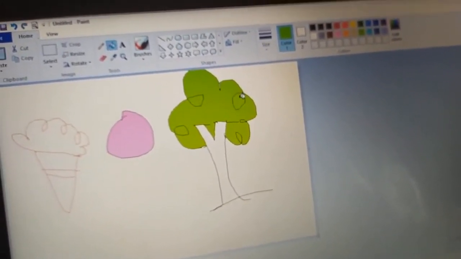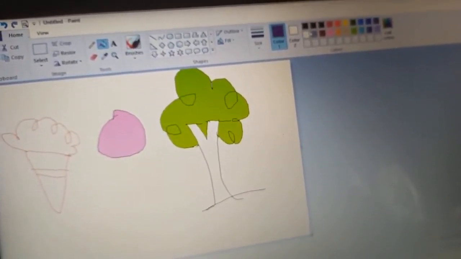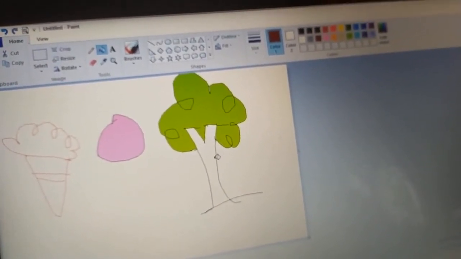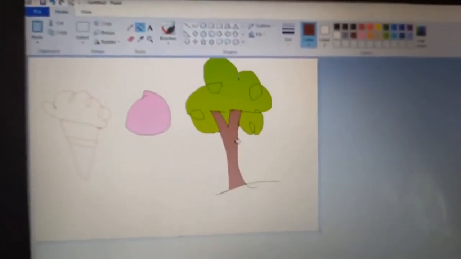See, the tree has been colored. Next we have to color the trunk. See, the tree is colored using the fill with color tool.